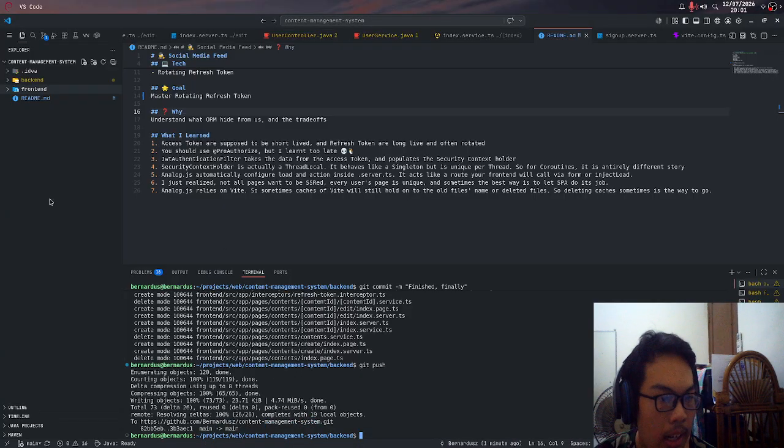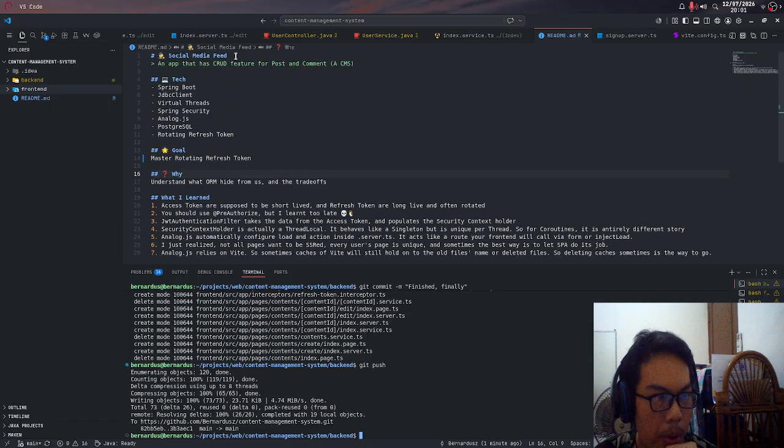So I didn't learn much for Analog.js nor Spring Boot, but inside a specific part of Spring Boot I learned so many new things, specifically Spring Security. You'll see later why. But for now, social media feed, this is a content management system using Spring Boot, JDBC client, virtual threads, Spring Security, Analog.js, PostgreSQL, and most importantly, my magnum opus these 2 weeks